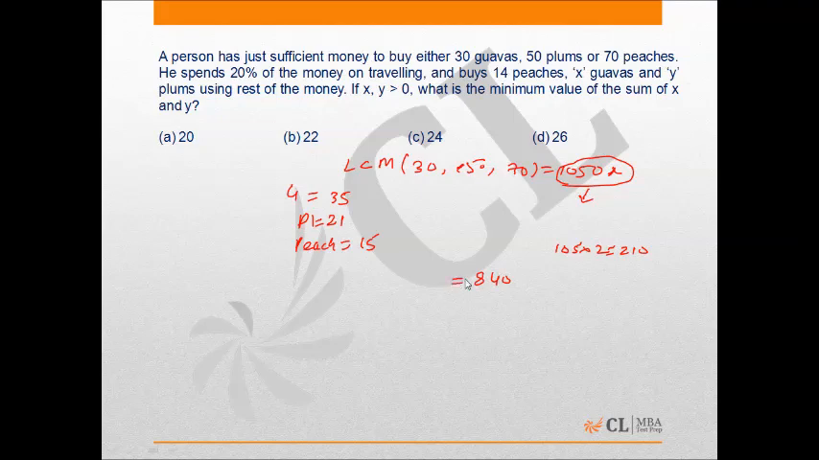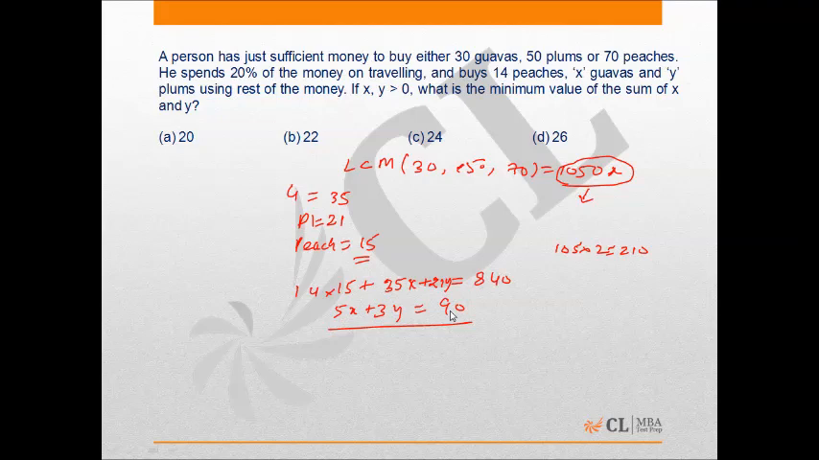And by using this money he buys 14 pieces, 14 into 15, x guavas, 35 x, plus y plums, 21 into y. After simplification we get 5x plus 3y equals 90. If x and y are greater than 0, what is the minimum value of the sum of x and